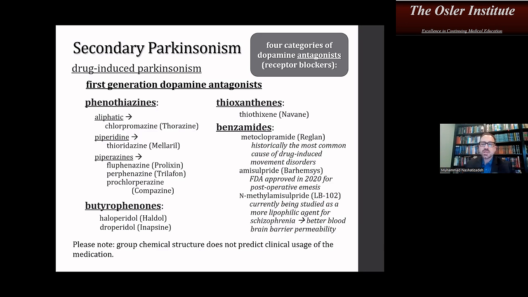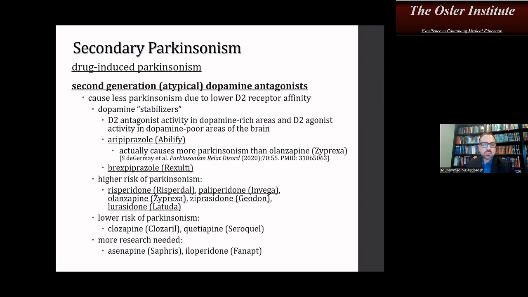So I want you to notice that even though there are different names for structures, those structures don't help predict the clinical usage or the way these medications are prescribed or certainly FDA indicated. And there can be a lot of off-label use. These are the four categories of dopamine antagonists or dopamine receptor blockers. All right, what about the second generation or atypical dopamine antagonists? The idea here is that they're less likely to bind to